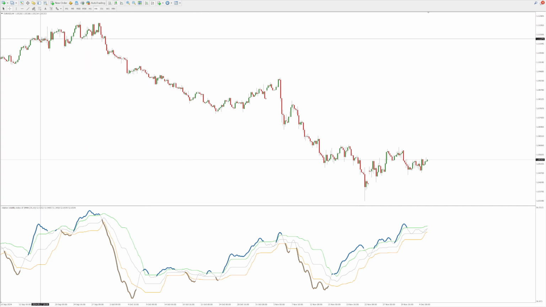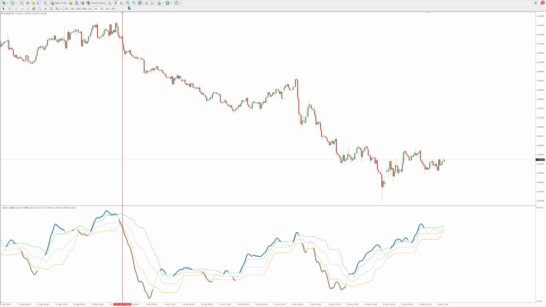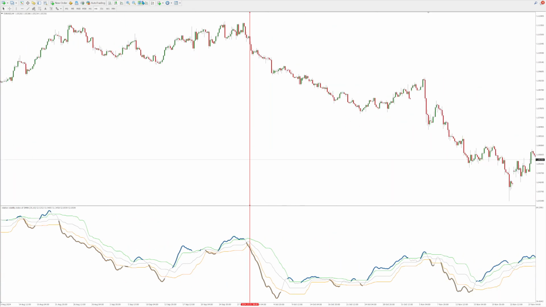So that being said, what I look for on the Relative Volatility Index Indicator is all of the lines to agree. You can see here all of the lines are agreeing in a downwards direction. They're all lined up nicely as well, pointing downwards in the correct order. And once that happens, I'm going to look to time an entry into the trend. So if we zoom in,